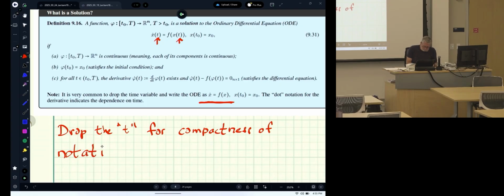So we don't drop it to try to cause confusion for beginners. We drop it to make the formula shorter, that's all, okay? So we're not trying to trick you, Katie, okay? But